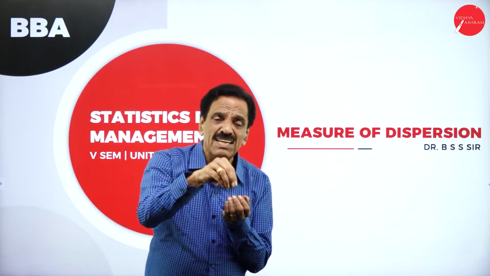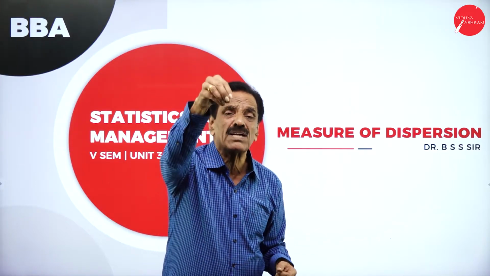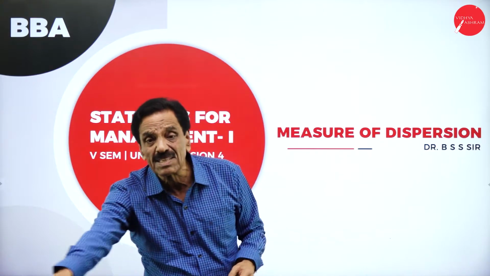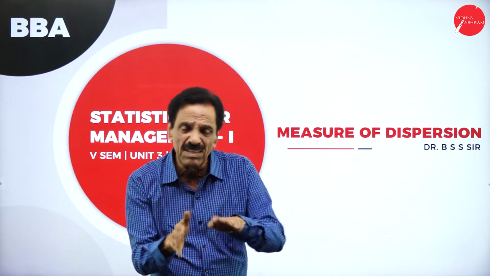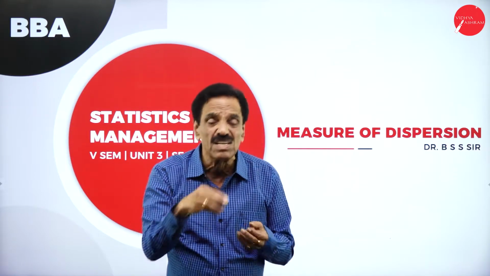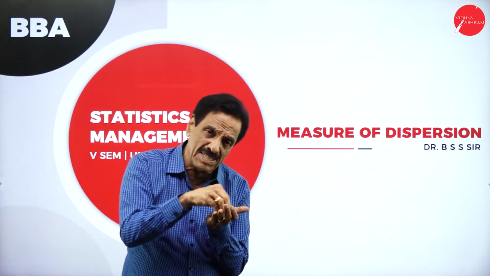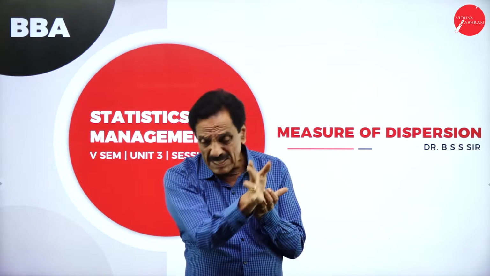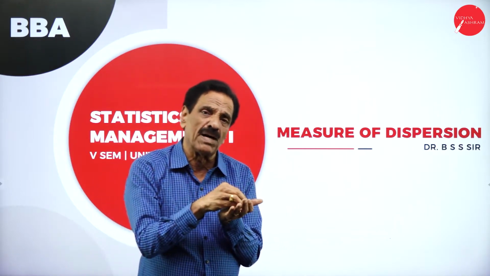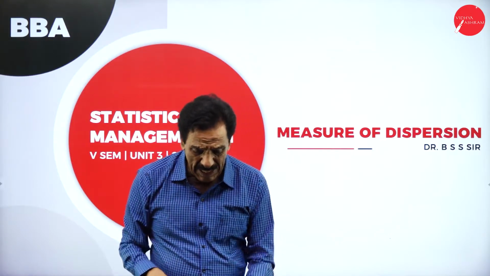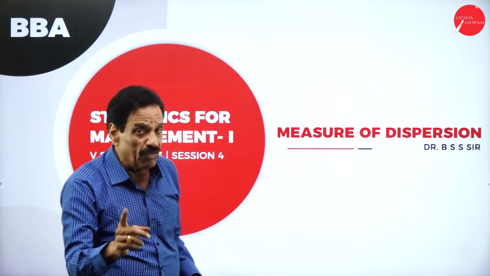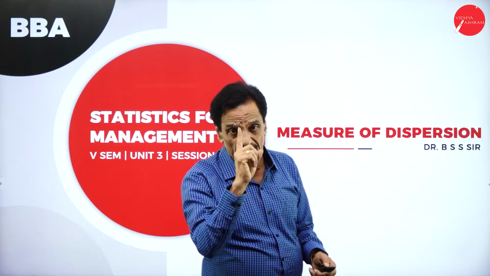So standard deviation, select one number as a standard, from that you take the deviation. Some of the writers take the mean as an average, from that they will take the deviation. Some of the authors say assume one number, take the deviation. Depends upon. And I am going to explain the formula, how it has been taken, deviation will be taken from. We will go for individual number, means single unit.